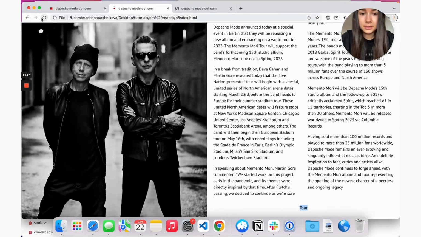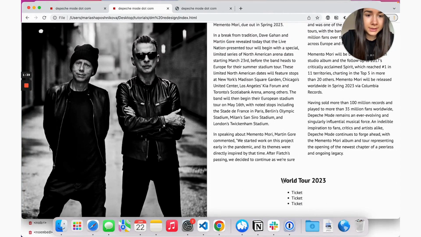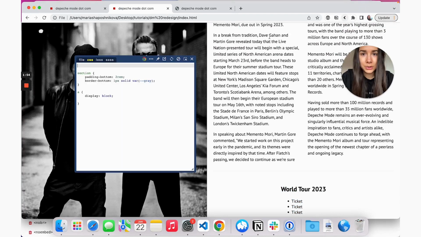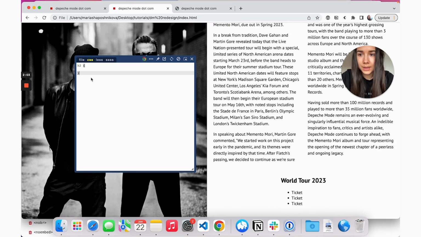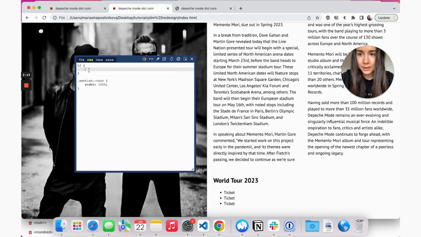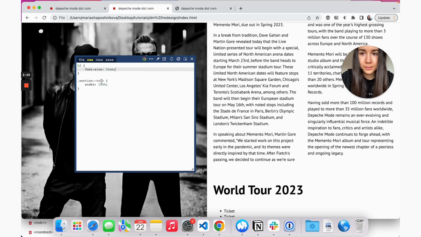So now let's refresh. And now we can see we have the World Tour header here, and then this is going to be our list of tickets. So the first thing that we're going to do is style our header. So I'm going to go to the Magic CSS tool, and then for our section tour, the first thing I'm going to do is I wanted to take all available space. And then for our H2, we want to have font size 3 rem. And then our font family, we want it to be